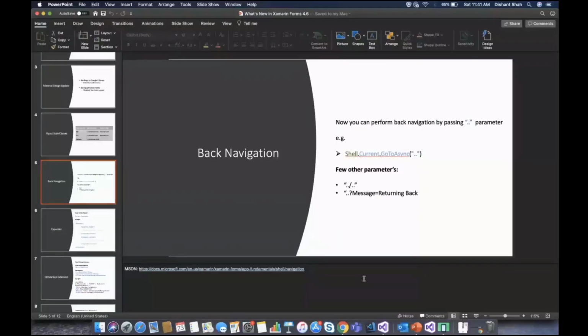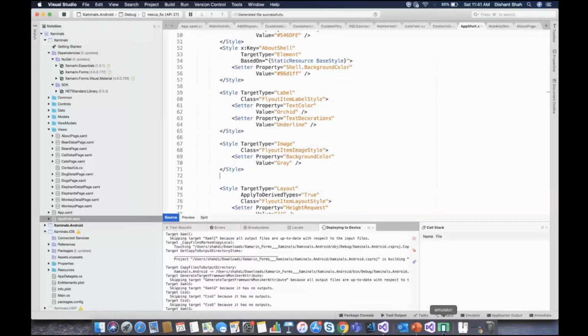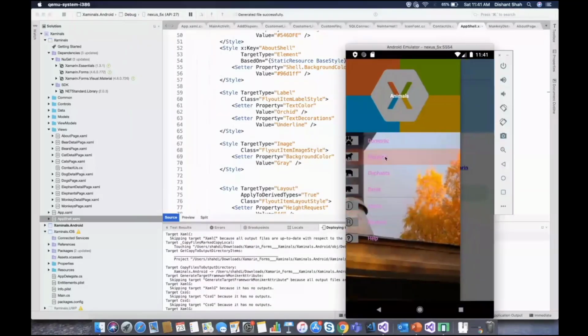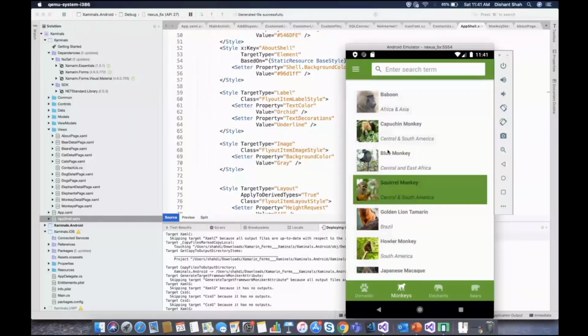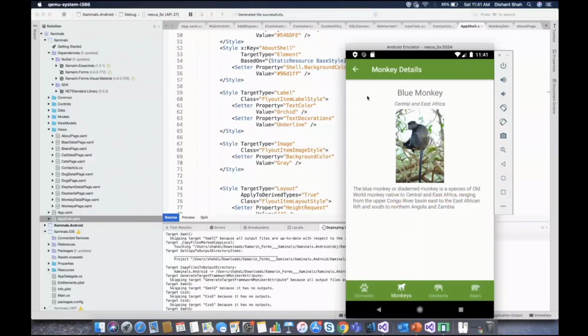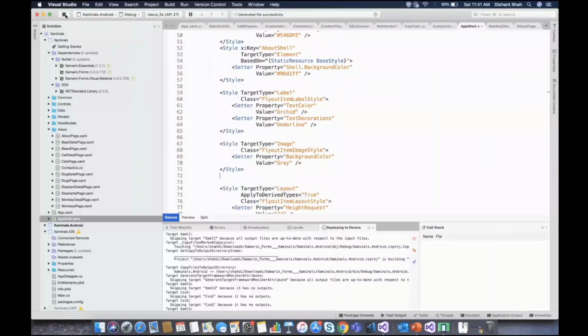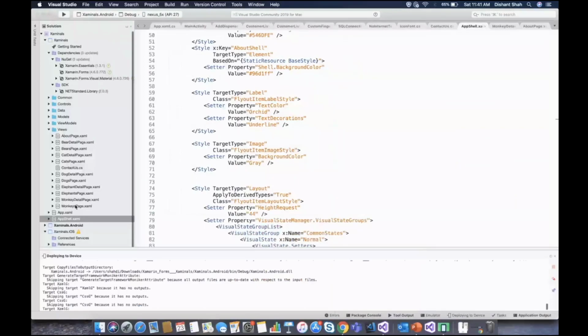So let's jump into the demo. As you can see, if I jump to any page, all the pages have this back button. Suppose you want to override this back button, what you might be doing is subscribing to that back navigated event, then finding the current route, and based on that you might do some navigation. But let me show the easiest way to do the back navigation. Let me switch to one page. I have this page already set up.